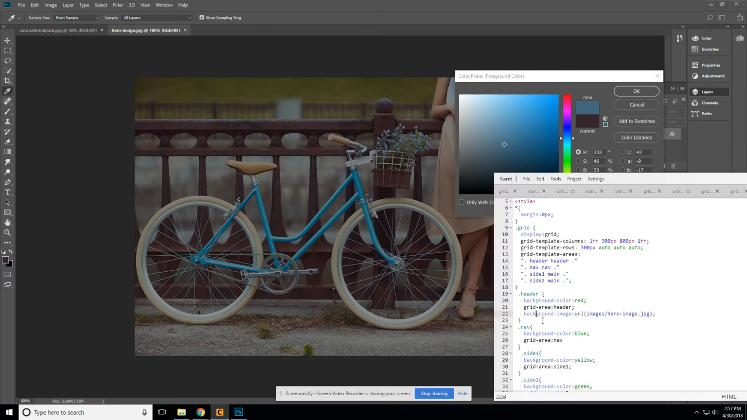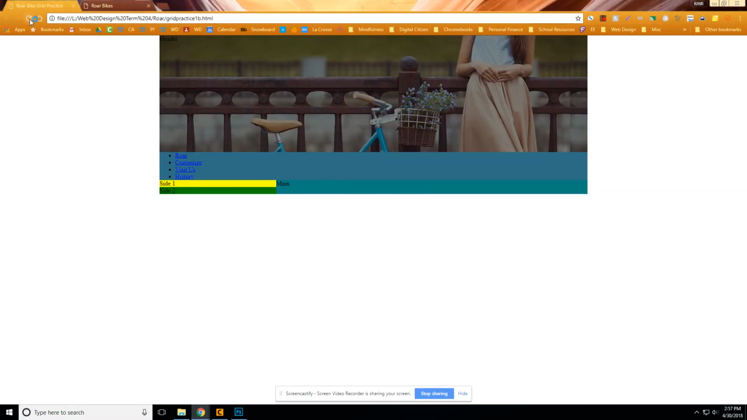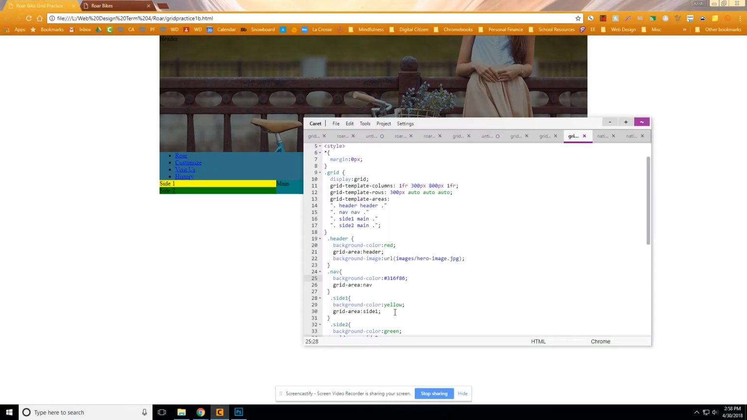So I'm going to go back to my nav, and that color blue, I had already determined what color that was going to be. And it's going to be hashtag 316F86. And if I save this and then go back here to refresh this, okay, you'll see that now I have a color that was quite close to that bike color. Okay, so I've got the color changed. Now I need to do some formatting with the links. So I'm going to pull that up,